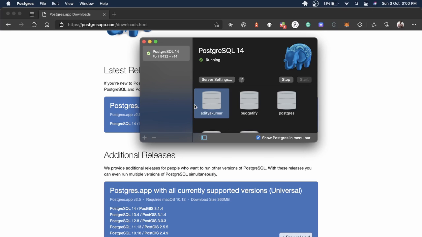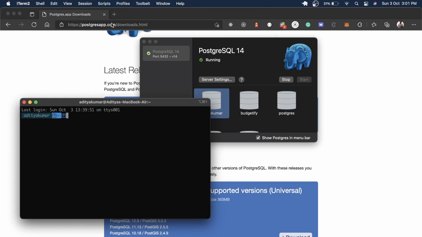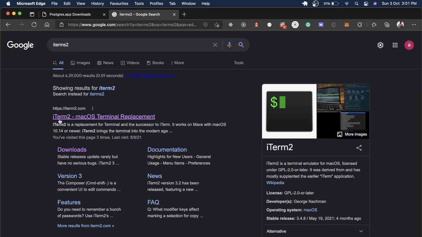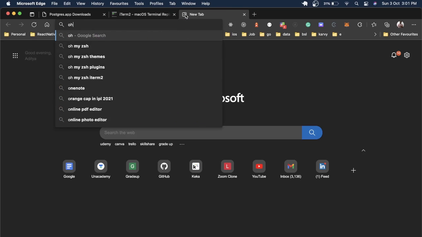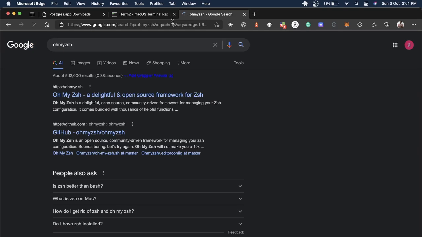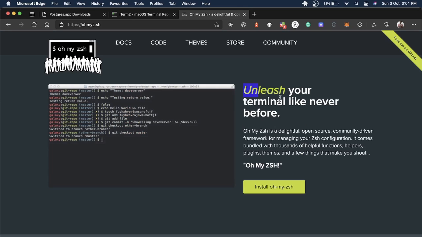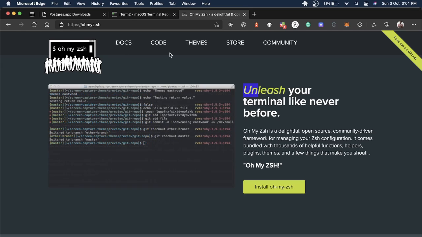set up an environment variable for PostgreSQL. To set up the environment variable, I'm using iTerm as my terminal, and Oh My Zsh. I hope you already know about Oh My Zsh. So if you already have Oh My Zsh, then to add the path variable, what you have to do is